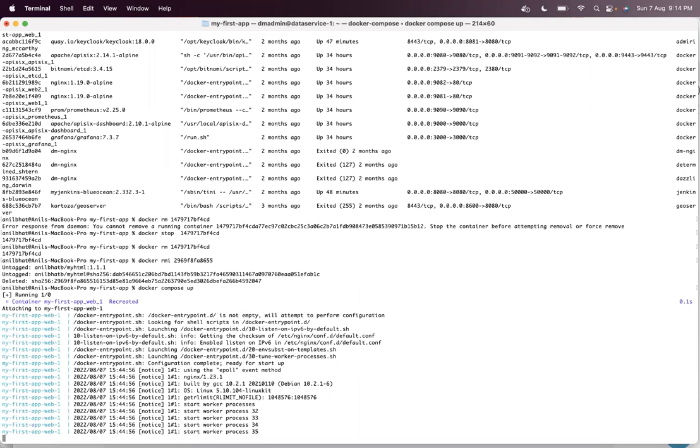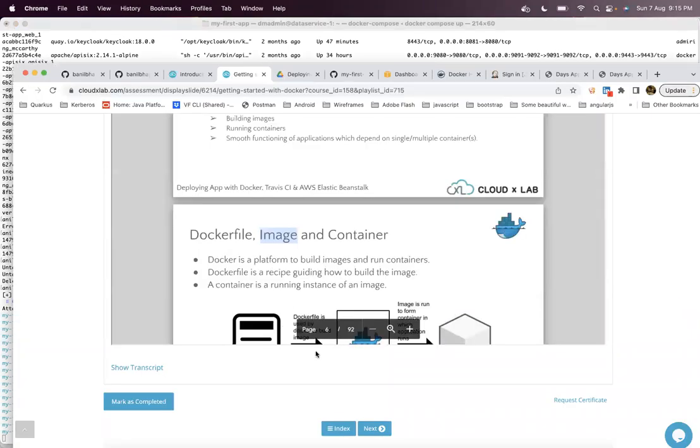By running this particular command, it tries to create. I think I didn't run sudo, maybe it will give an error. But to run the Docker Compose file, you just need to type the command docker compose up, right? Okay, it has successfully started the application. You can verify it.